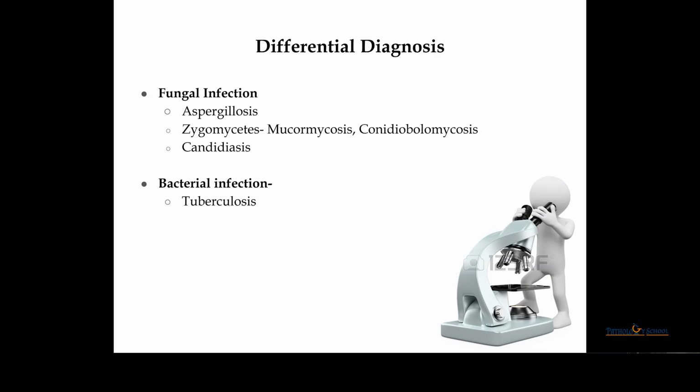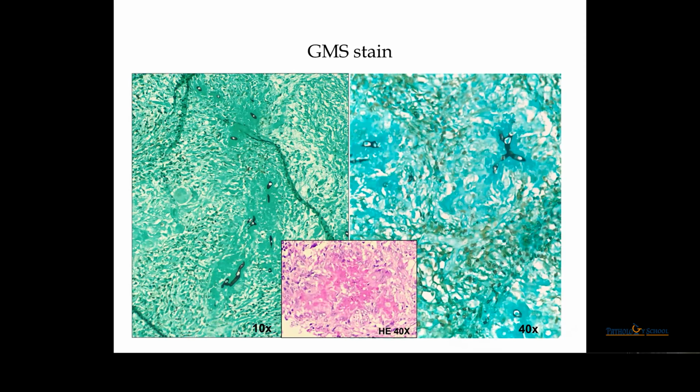diagnosis first as a fungal infection and second a bacterial infection, that is tuberculosis. We did AFB stain, which was non-contributory. So we thought of the Aspergillus, zygomycetes family, mucormycosis, conidiobolomycosis, and candidiasis. We did a special stain, GMS. We found aseptate hyphae with obtuse angle branching, which were typically present at the center of this